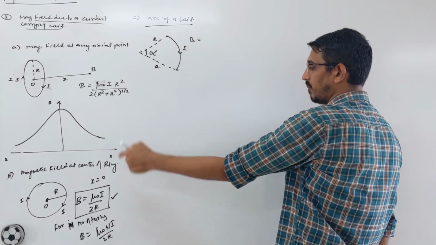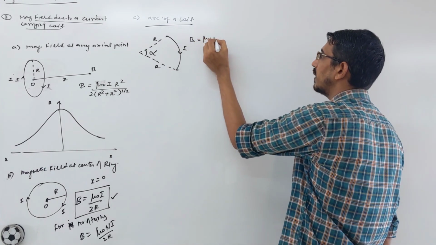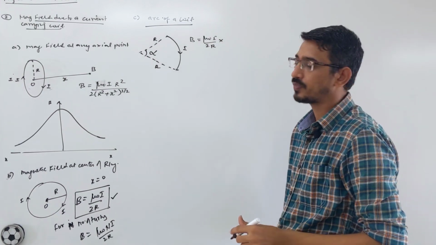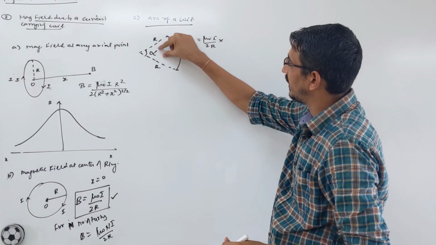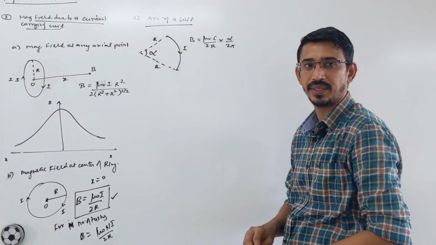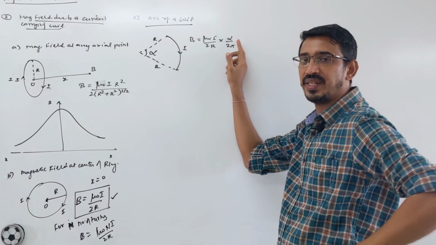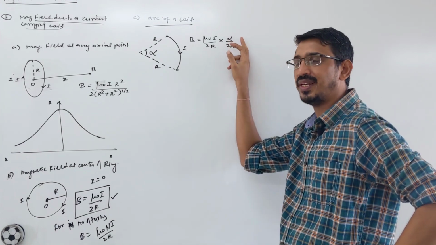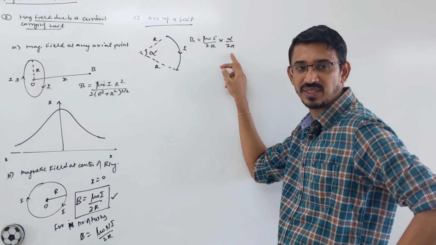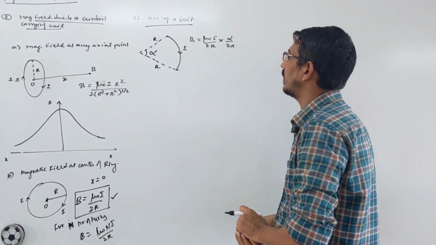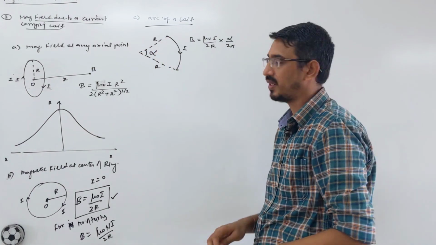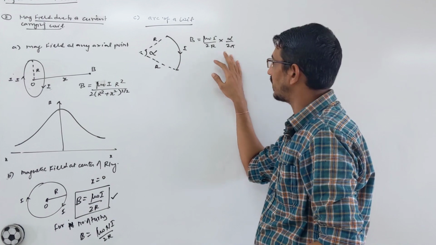The magnetic field due to the complete loop is mu naught I upon 2r. Now this is due to 360 degrees, or 2 pi angle. You want to find it for any other angle, you just multiply by alpha upon 2 pi. That's all your answer. Suppose this alpha is in radian, then you write 2 pi. If alpha is given in degrees, like 90 degrees or 60 degrees, you put 360 here. That's all. So say this is a 60 degree arc. What is the magnetic field due to an arc of 60 degrees? You put 60 by 360 into this term. That's your answer.